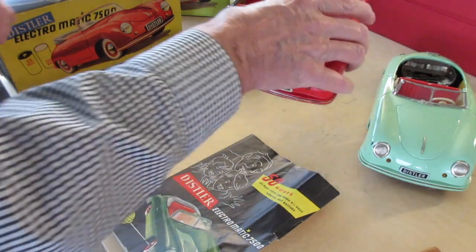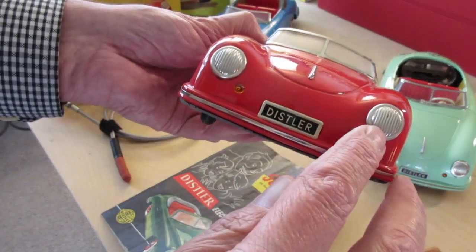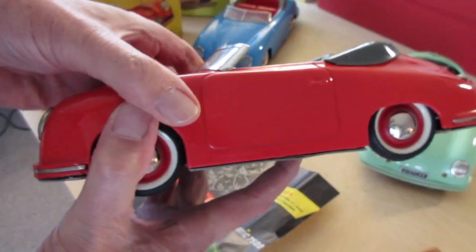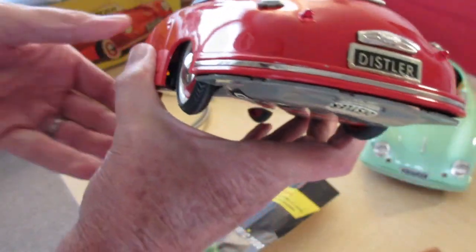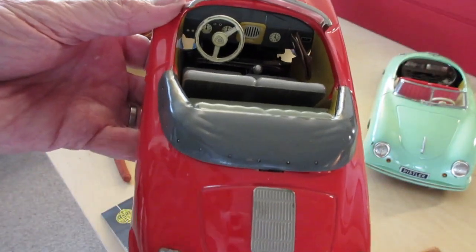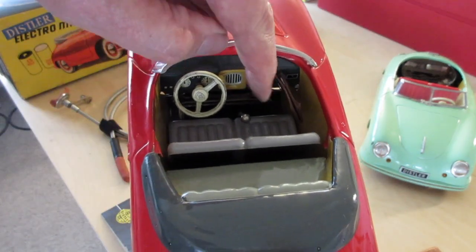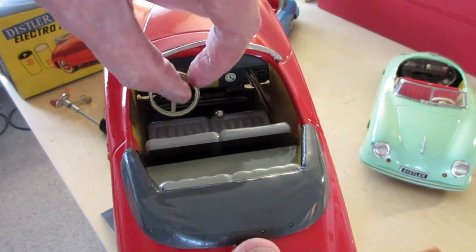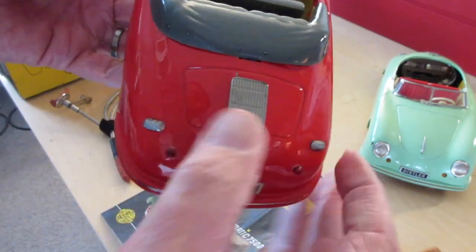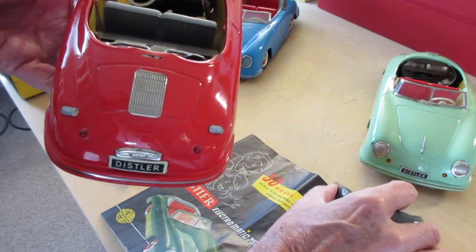So let's take a look at the next example. This is a little bit later. Still, it has the tin headlights. The early one had tin headlights. This one does too. Pretty much the same. And again, it's pretty much the same interior. It's got the ignition key, the shifter, and the steering. And if you slide the grille down, that will release the boot, and that gives you access to the battery